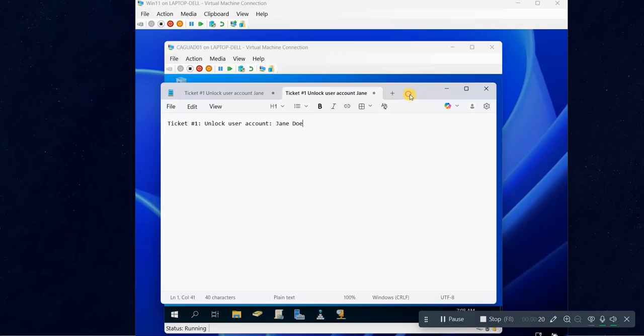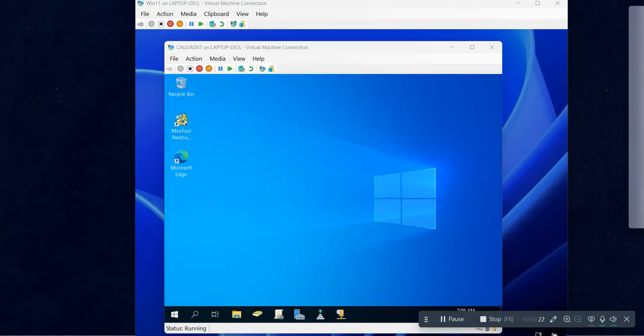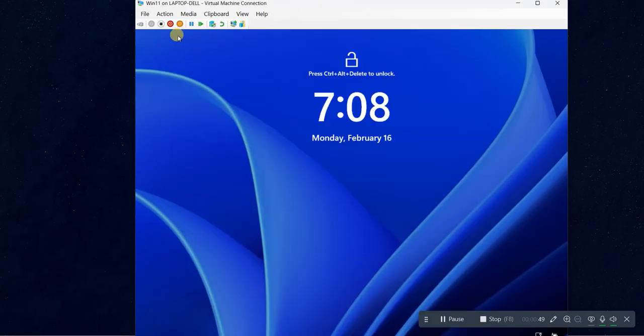Now before we get started into unlocking her account, I want to go ahead and demonstrate what might have happened that triggered this user's account lockout. It could have been for a number of reasons. Maybe they just changed their password recently and for some reason they cannot remember the password that they used, and this can happen all too often. So I'm just gonna go ahead and log on to